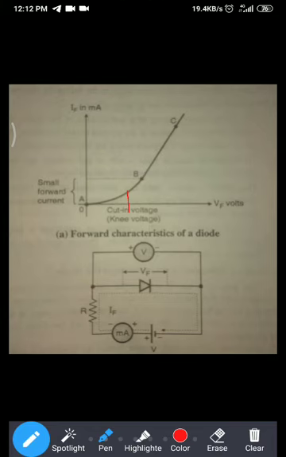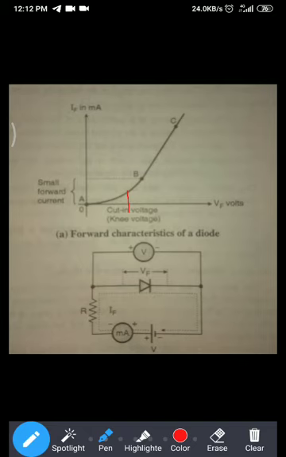Okay, so see, the entire graph is divided in two parts, A to B and B to C. So in A to B, as you increase the voltage, current increases slowly because depletion region is present in the diode. So after B, the graph is exponential. Means as the smaller amount of voltage is increased, for that the current is increased in large manner. So this is the forward characteristic of diode.